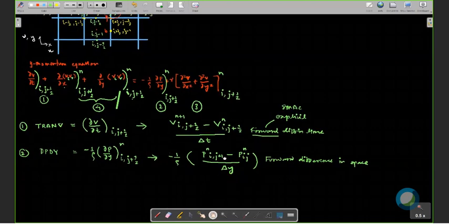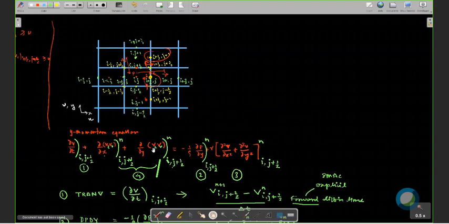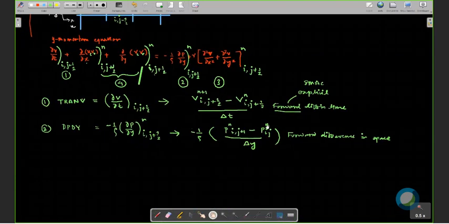Sir, actually I meant since it is j plus half, so that value will be P I, j plus 1 minus P I, j by 2, right? No, you are evaluating at this with this because P is only at cell center. P is known. Sir, but yes, yesterday in the last class, I told you that you can use central difference, and then you can use delta y here like that, twice delta y. Okay.